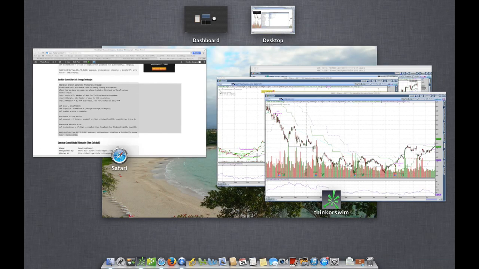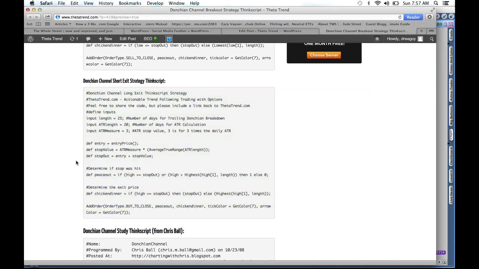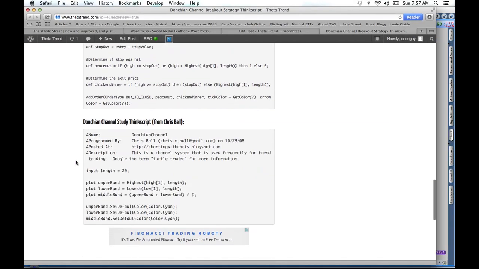Once I put the channels on, it's going to make more sense here. So this is the Donchian Channel study, and I actually picked this up from Chris Ball over at chartingwithchris.blogspot.com. I didn't create this; I just created the strategies. But what we'll do is we'll copy this as well, and